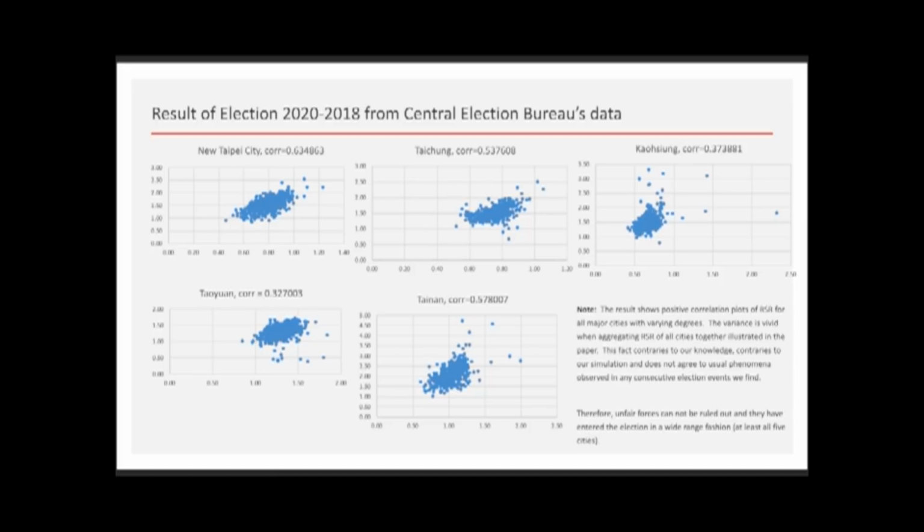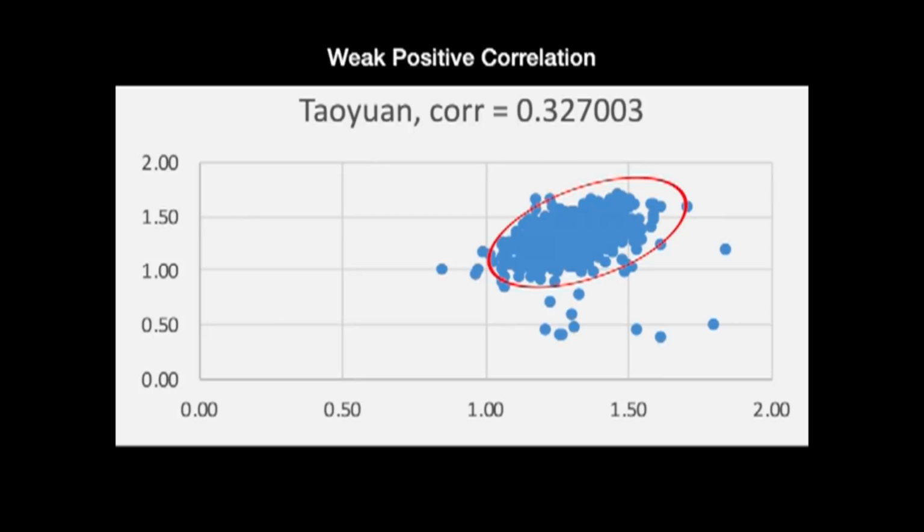Kaohsiung, Taichung, and New Taipei City have most of the areas below 1 for KMT on the x-axis, which means that there was a lot of ballot theft in those areas. However, in Taoyuan on the x-axis for Han's ballots, we can see that most of the areas are to the right of 1, which means we can safely assume that there was very little to no ballot theft against him in this election. This is significant because in the Taoyuan area, there's a way to determine what the actual KMT